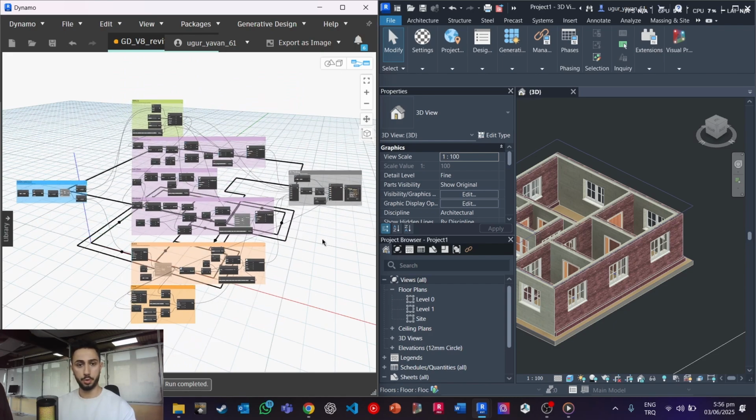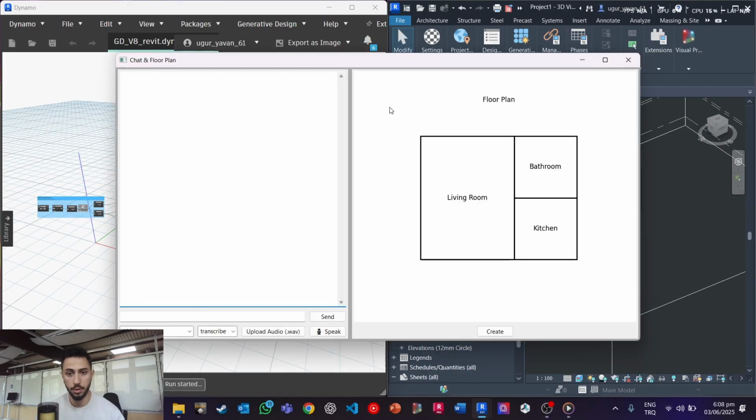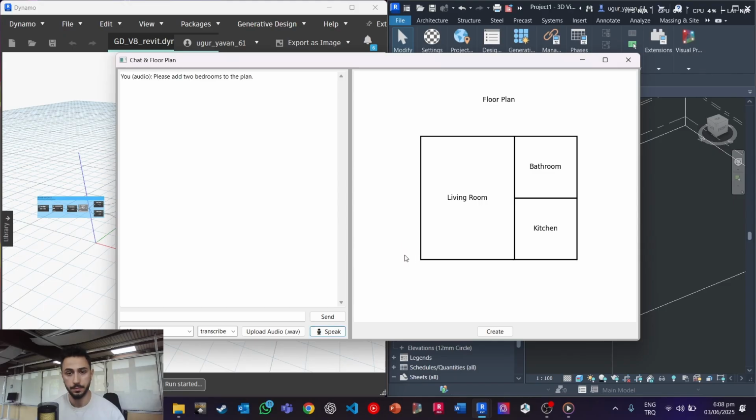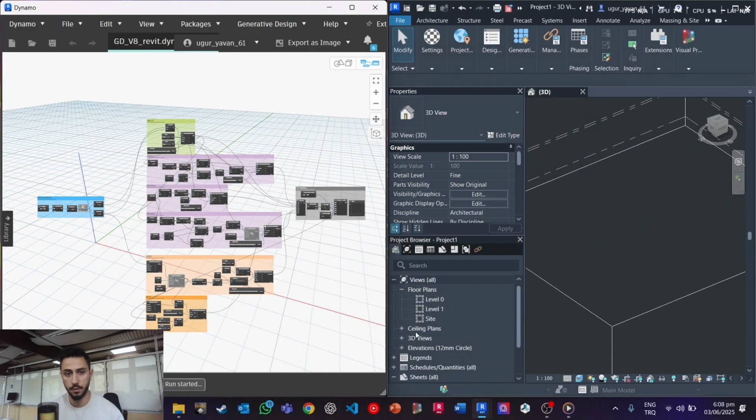Now I want to talk about the second part of the code, which is actually 3D printing. Now let's start the demonstration. First, I am running the code. It is creating this graphical user interface that David showed you. Now I will say, please add the bedroom to the plan. Okay, you already know this part. I will click create, and the